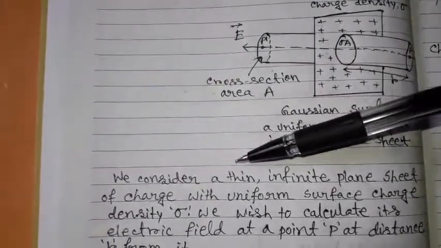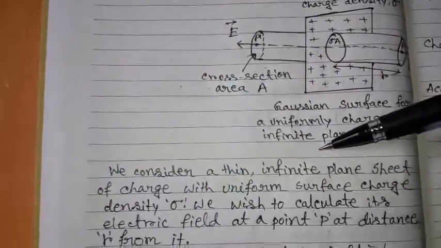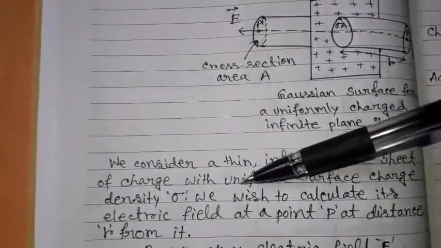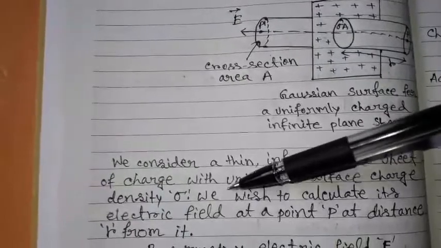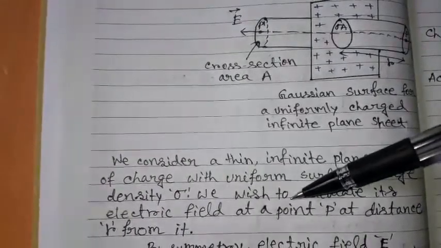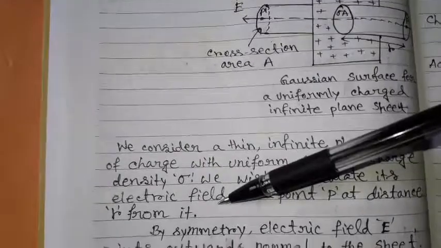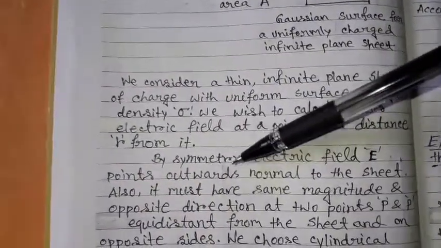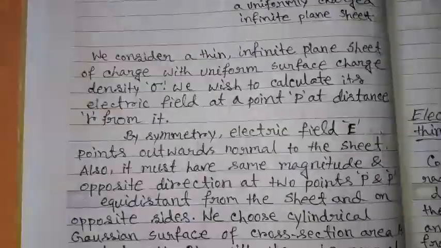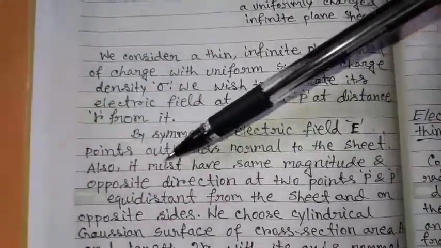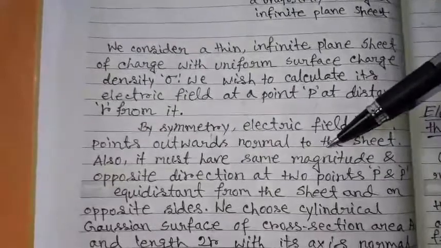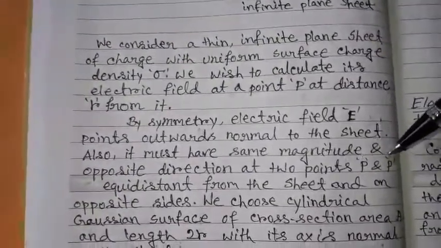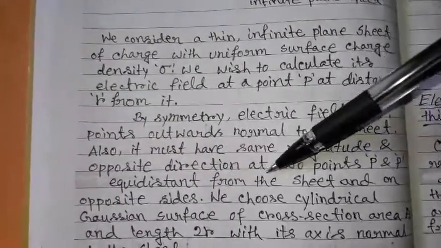We consider a thin infinite plane sheet of charge with uniform charge density sigma. We wish to calculate its electric field at a point P at a distance r from it. By symmetry, electric field E points outwards normal to the sheet. Also, it must have same magnitude and opposite direction at 2 points P and P dash, equidistant from the sheet